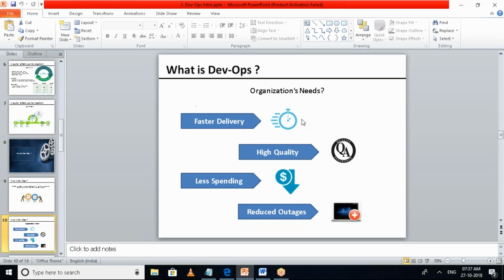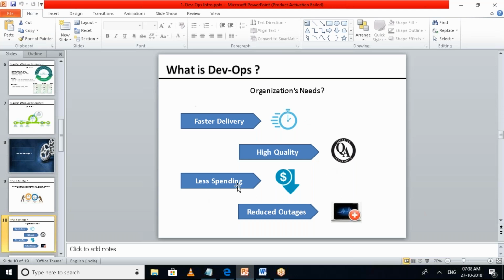They want it delivered as soon as possible. Any company wants that, isn't it? And the second thing is, you have to also maintain the quality of the product, like the coding standards or the release environments, along with the faster delivery.